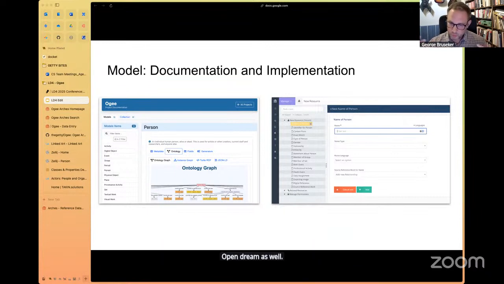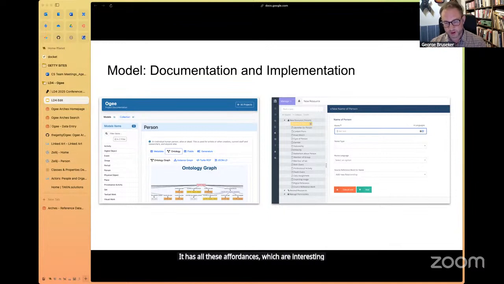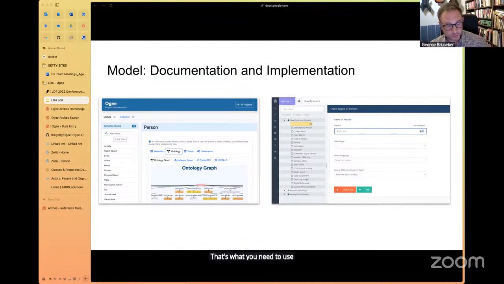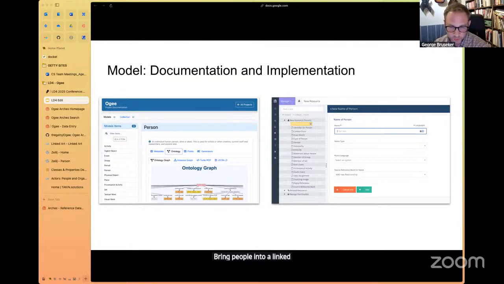For our purposes, it's very interesting and useful to use Arches because it's open source, because it has all these affordances which are interesting to bring users into making this data. But there's no reason you couldn't take the same patterns that are documenting and describing linked art and apply them in a completely different system, because that's what you need to use for your organizational purposes because of your knowledge or background, et cetera. So we want to keep things open. We don't want to close things down. This is just a way to bring people into a linked open data world.